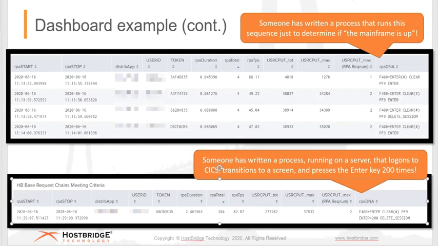So literally they began a session, they ran the F400 transaction, pressed clear. That little pound sign after the clear means that was the leg in this whole chain that took the maximum user CPU time of 37,000 microseconds. They then pressed the PF9 key to get back to a menu screen, and on that menu screen, they pressed the enter key 200 times, and then they deleted.